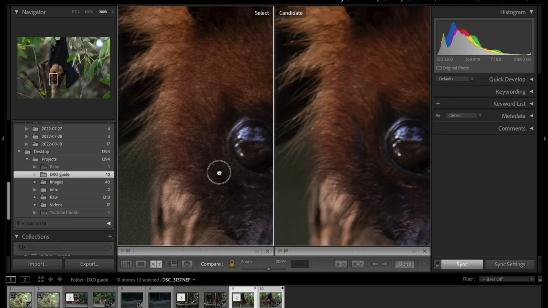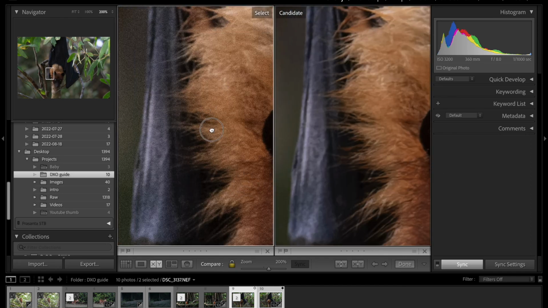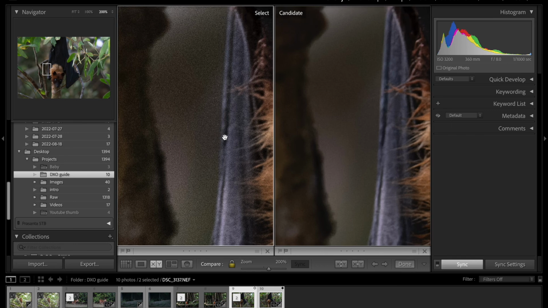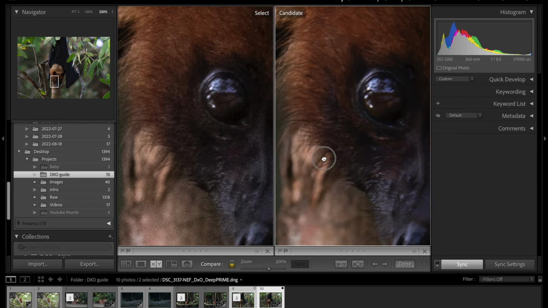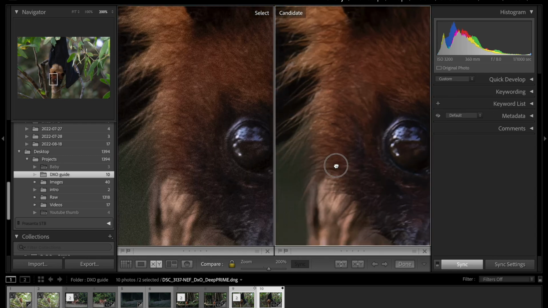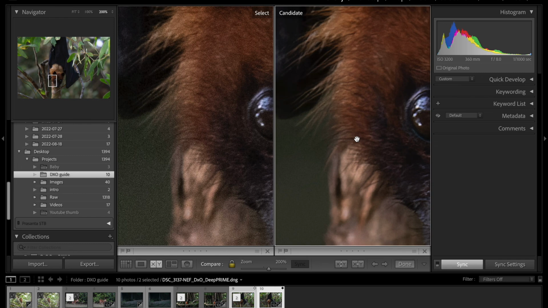So these are the 6 images I have chosen to show you guys how this DXO Pure RAW Mark 2, or version 2, whatever you say, works very well to reduce the noise without wasting the sharpness or quality of the image. So you guys go ahead and try this application, download it, and